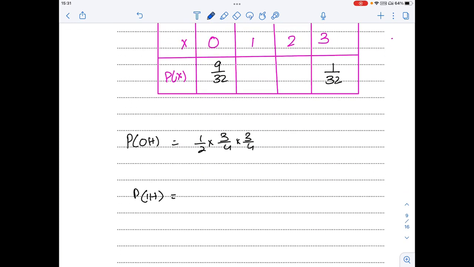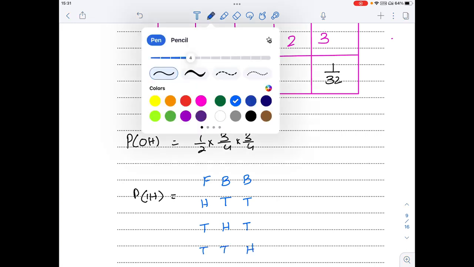So we have a fair coin, a biased coin, and a biased coin. Fair coin is a head, biased coin is also a head, and this is a tail, and the biased coin is also a tail. Fair coin is a tail, biased coin is a head, and this is a tail. And this is nothing but what? Tail, tail, head. So for that, how should I be able to do that now?